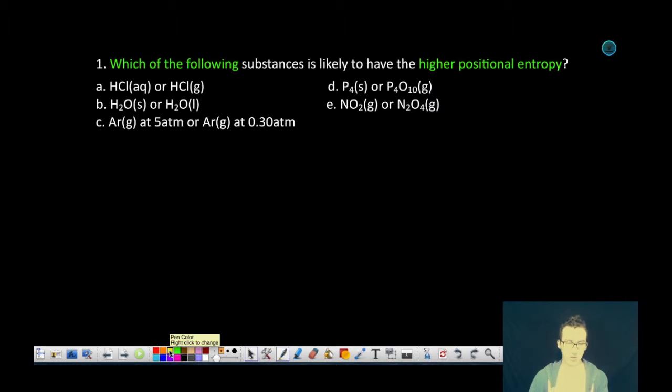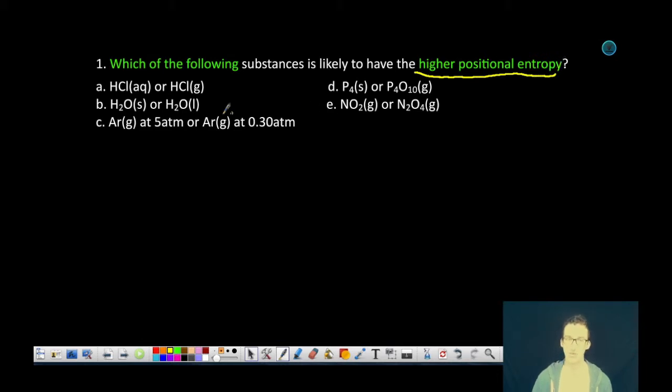All right, we're going to work through some quick problems here that ask us to think about entropy, enthalpy, Gibbs free energy change, and how that relates to thermodynamic favorability of a given reaction. But we're going to start first with entropy and just looking at a couple of substances, comparing the two, and trying to understand which of the two substances has a greater or higher positional entropy, or more disorder, if you